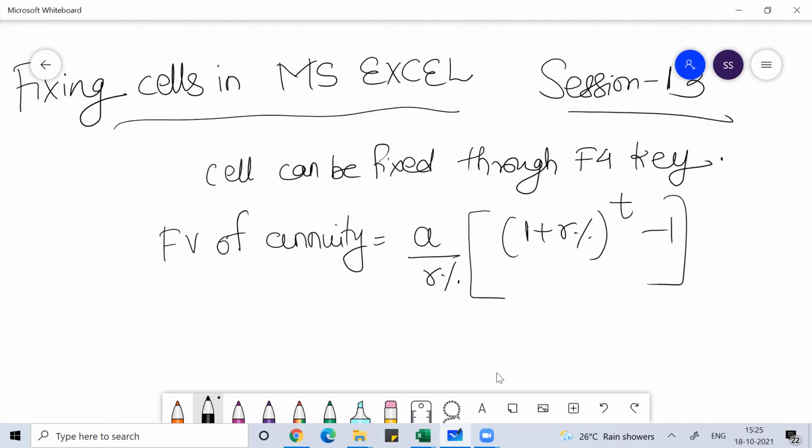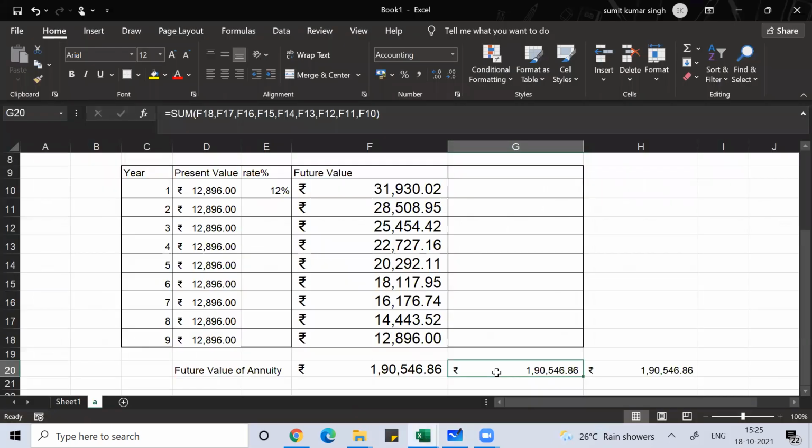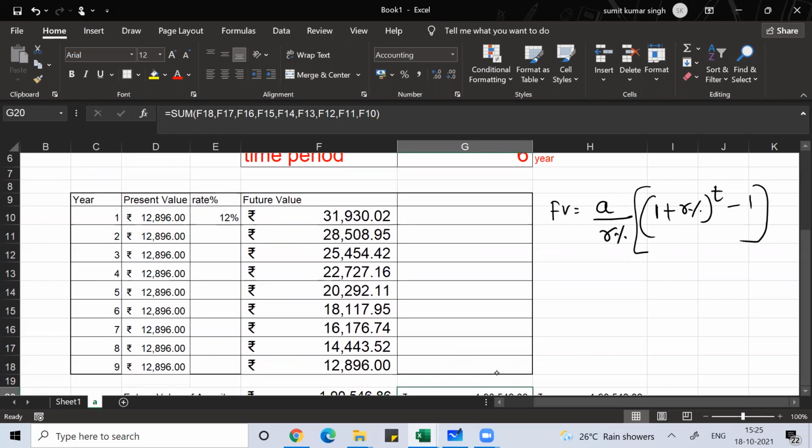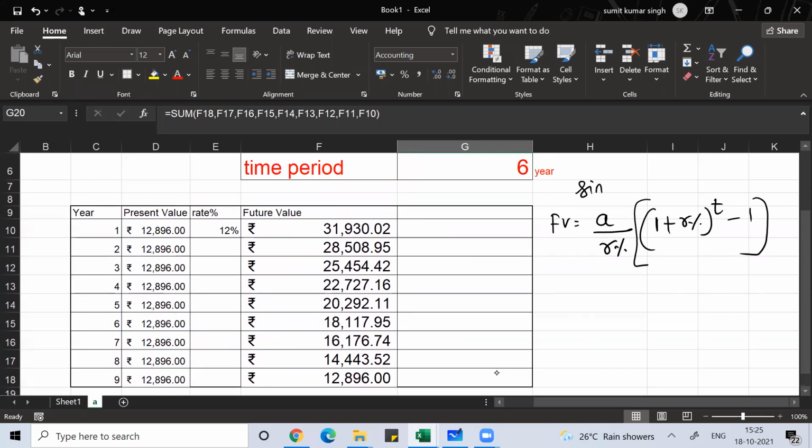If you do this, you'll get the same answer. So the same calculation I can do here also. So this is your future value: A divided by R percent, times (1 plus R percent) to the power T minus 1. This is also called the concept of sinking fund in accounts.